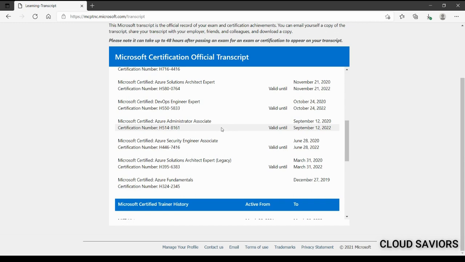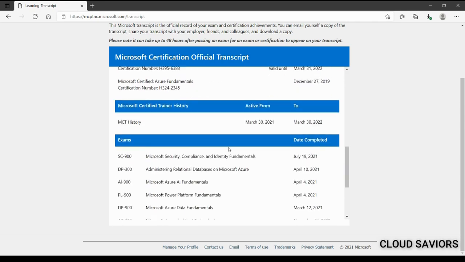So instead of going into your certification dashboard and downloading your certifications one by one, you can use this complete transcript, export it as a PDF, and share it with your manager. Of course, you can save your time and effort as well.